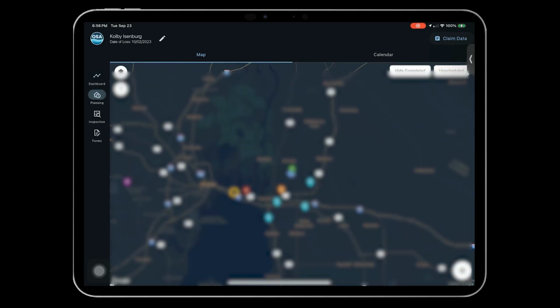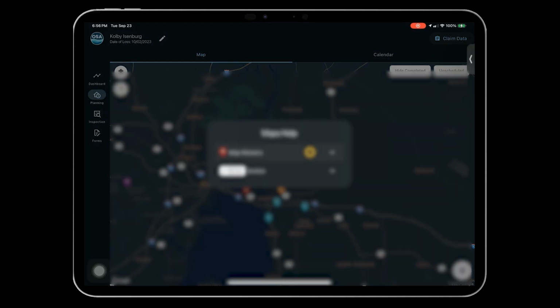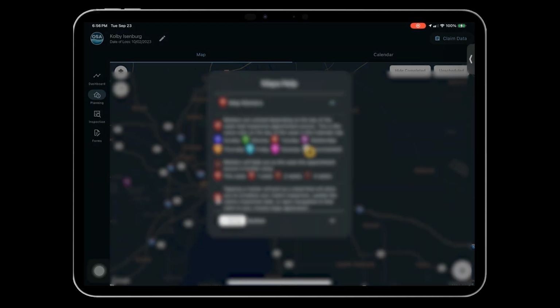So right here, there's all my icons. There's all my inspections, okay? I have a question mark. If you see a question mark on the screen, it's an intuitive learning. It's a lesson that you can click on and see what you've missed or what you need to learn on that claim. So you can go in there and learn. Click on the question mark and it's going to give you kind of like a help guide, to give you the best we can as beta testers and as users what we've